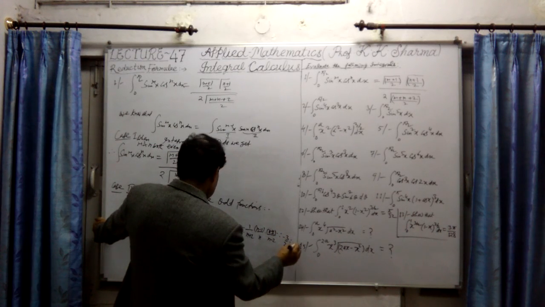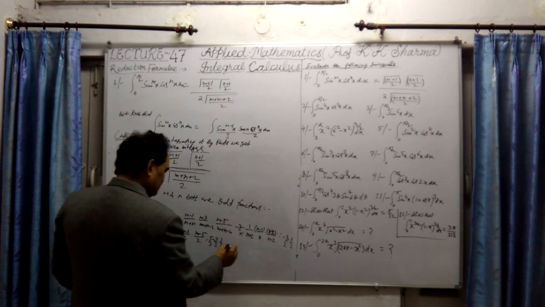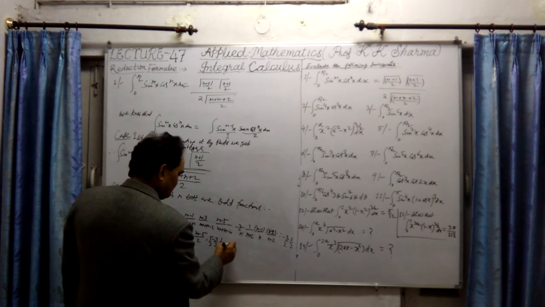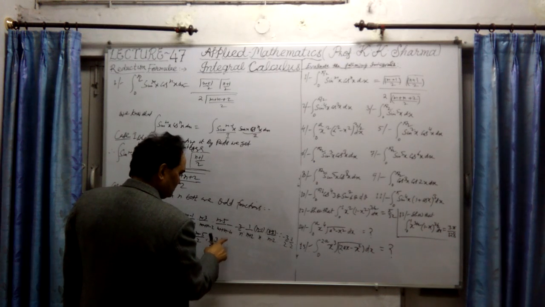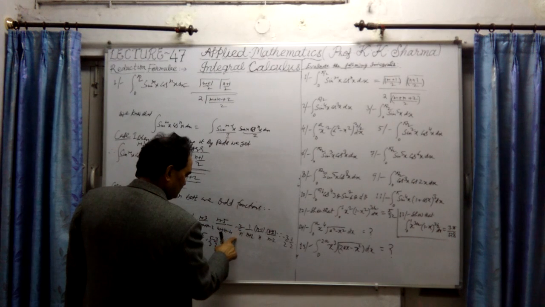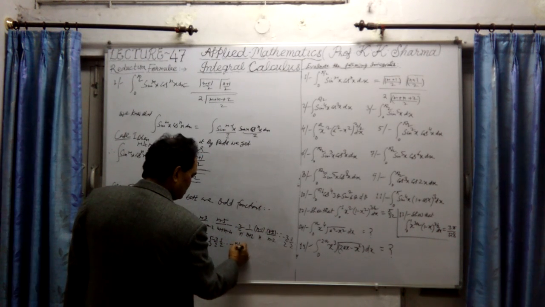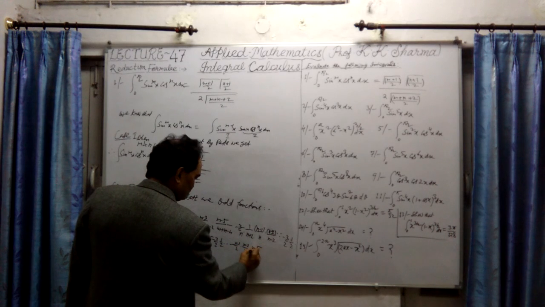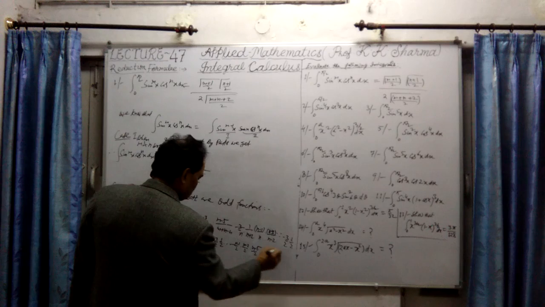Okay, so this value is finally, I'm just writing, 5 by 2, 3 by 2, and so on, then n by n minus 1. This starts, then n minus 3 upon 2, n minus 5 upon 2, and so on, 3 by 2, 1 by 2,